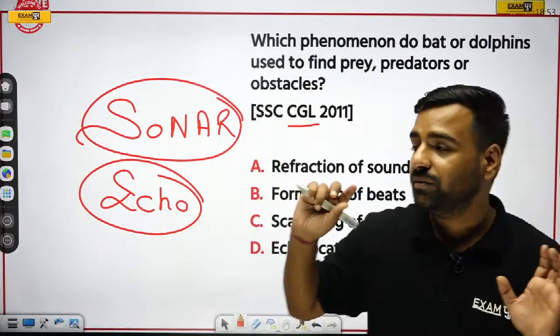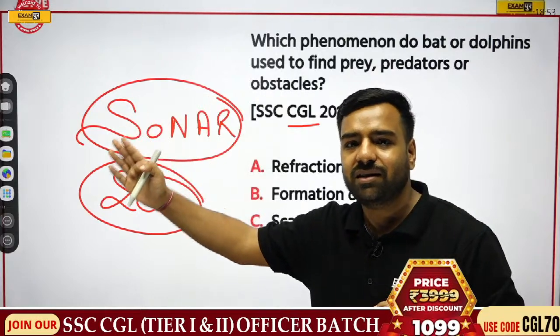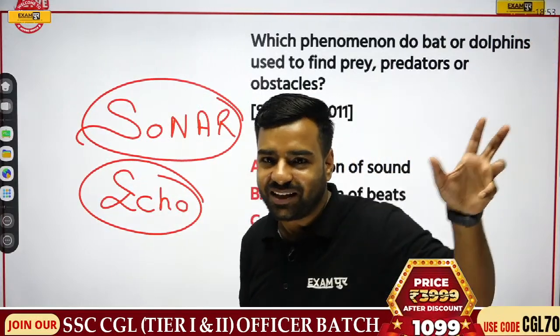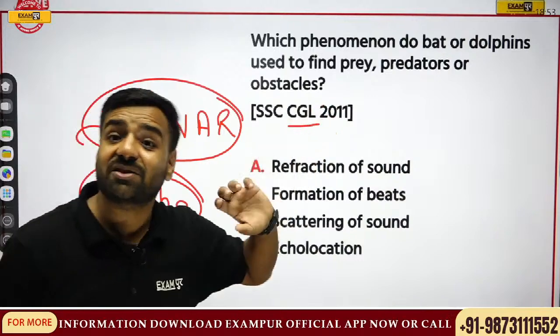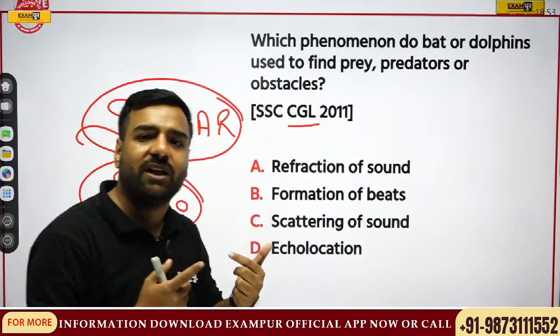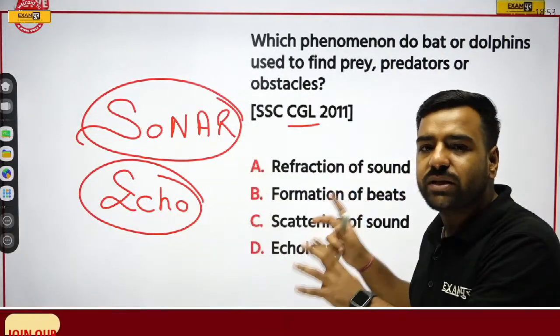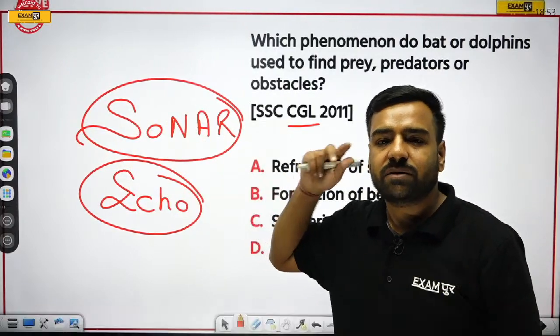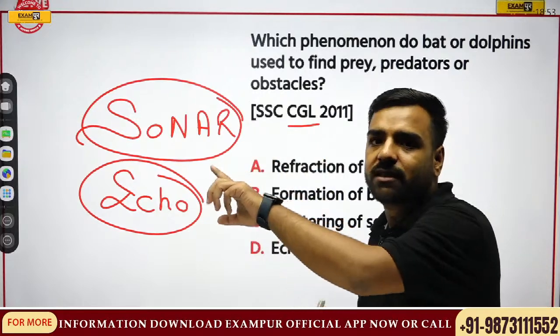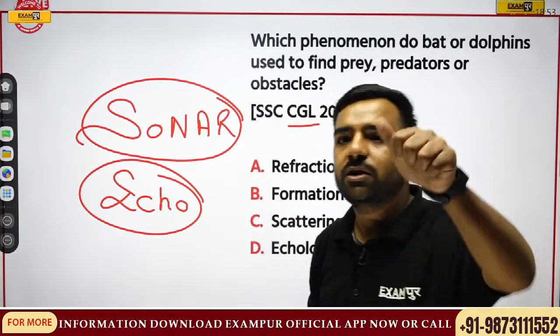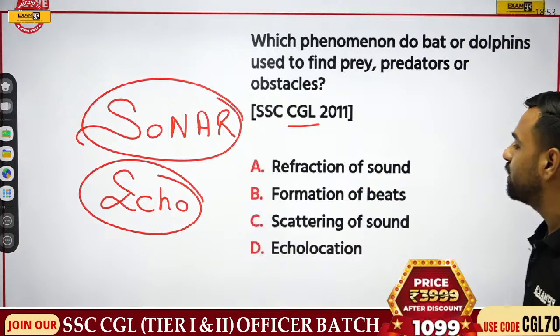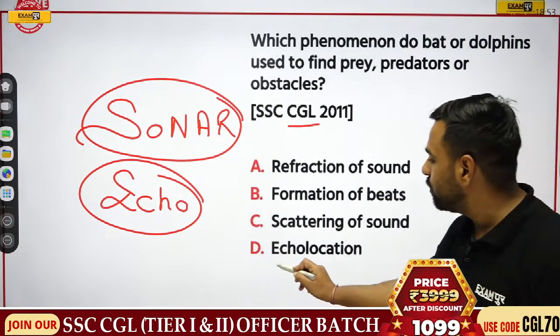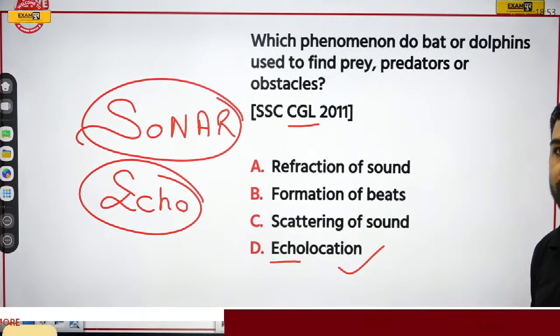Reshma, Reshma, Rohit, Rohit. So that was the logic. That was echo, where the sound was actually reflecting back. So they are using the same concept when they are sending those waves. As soon as that wave comes back, they get to know, okay, obstacle is there, and accordingly they prepare themselves. So that's true. Nana, Ilma, totally correct. So from the word echo, we can say echolocation. So here option number D will be correct.